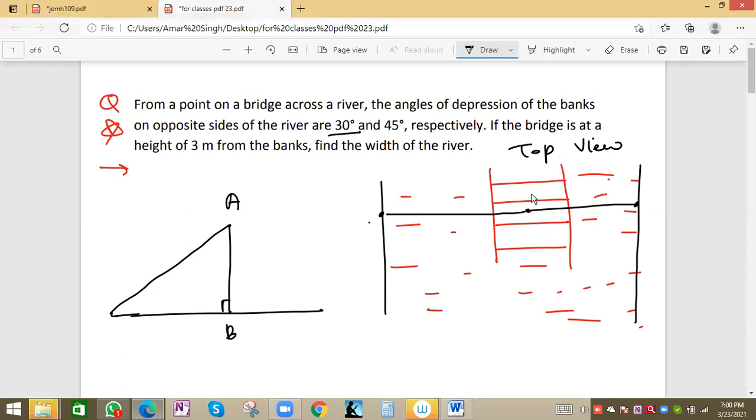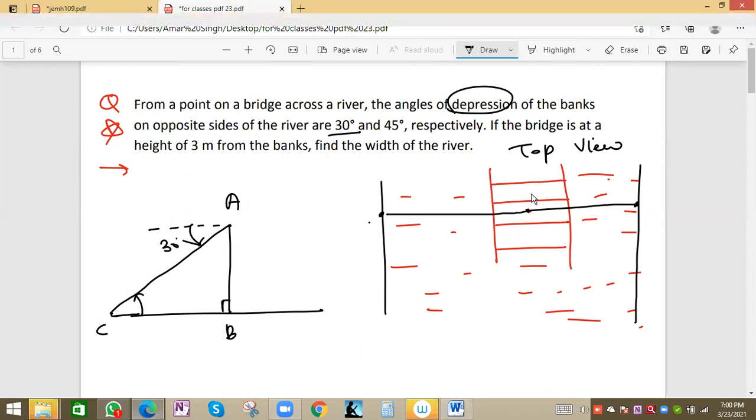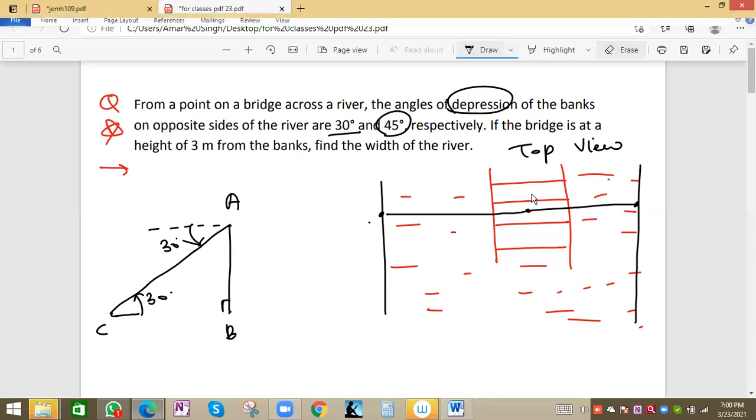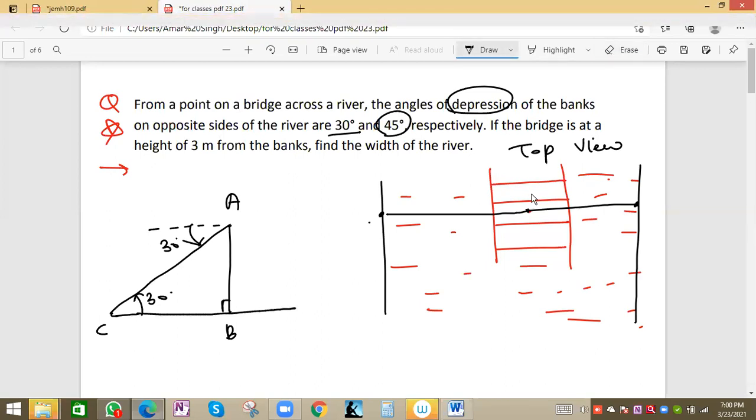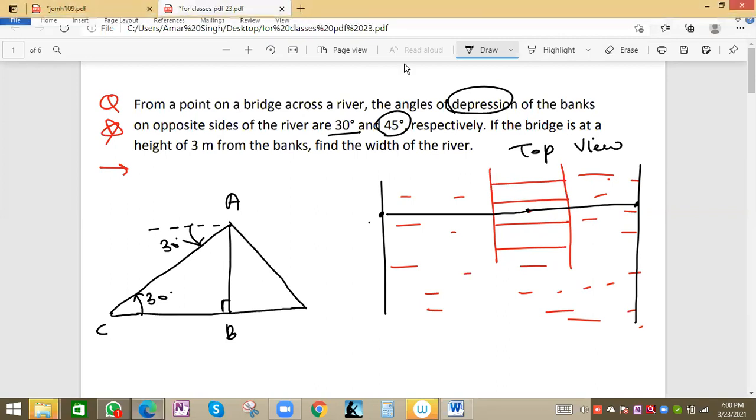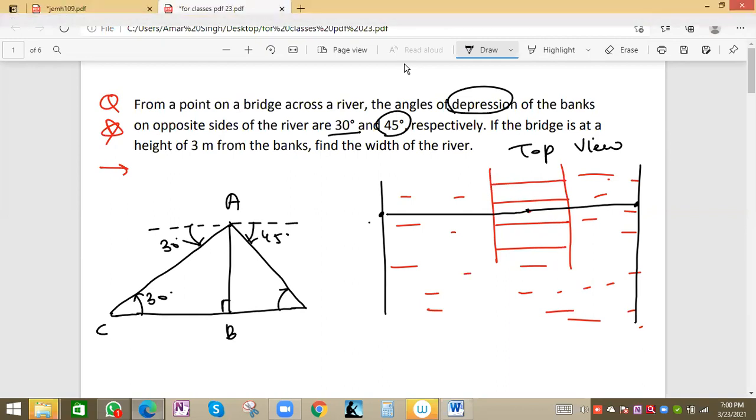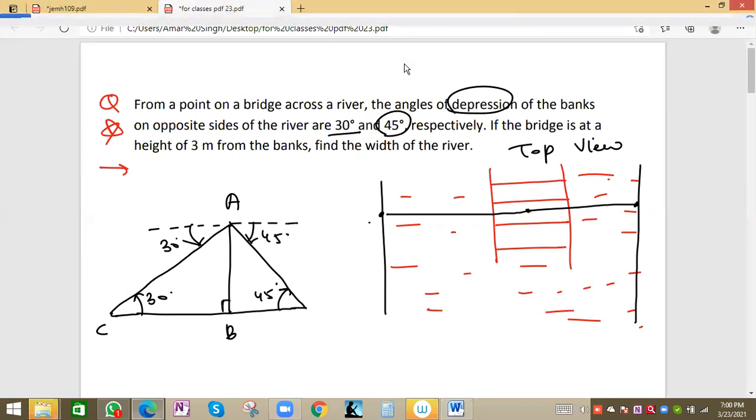So we can take this as the depression angle. First we make the depression angle, that is, going down. This angle is 30 degrees. These are horizontal lines, that means parallel. Let this point be C, 30 degrees, and this is 45 degrees, more. A larger angle will be very near. So let us take it till here. Again the depression angle will be 45 degrees here, since these are parallel lines. That's one imagination that is very important. If you imagine, you will get the correct diagram, because the diagram is important for solving this question.